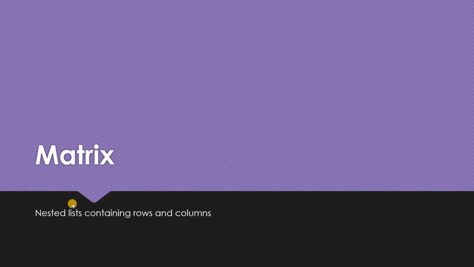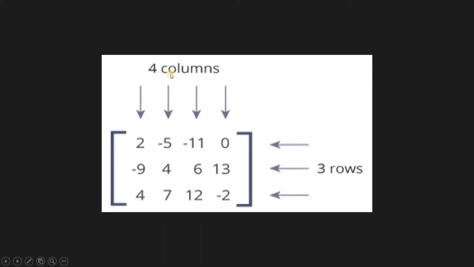What is a matrix? It is nothing but a nested list containing rows and columns. So basically it is kind of similar to arrays, in which we had 2D arrays actually, not 1D arrays. When I say 2D arrays, 3D arrays, they contain rows and columns. So they are nothing but nested lists, and in the NumPy library there is a function, we are going to discuss it, so don't worry. So fine, this is nothing but an example of a matrix.